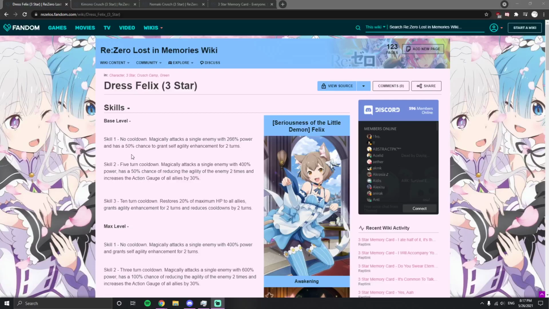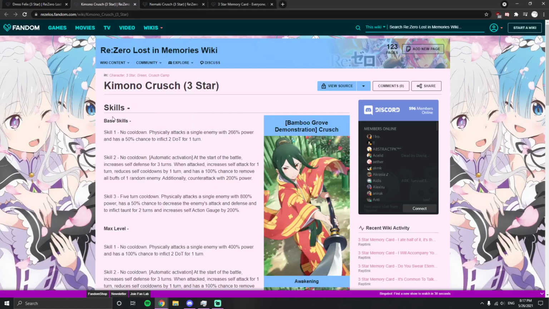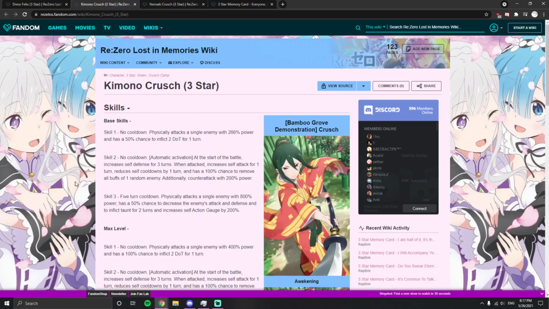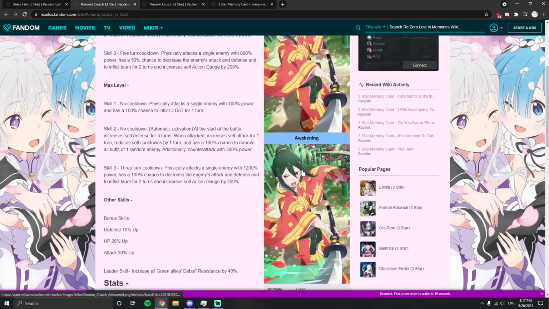Hey everyone, I'm gonna be doing the Should You Summon on the CRUSCH Camp banner. TLDR, nope. If anything, summon until you get one copy of this counter CRUSCH here. I think this is wrongly named. Either way, if you're gonna be summoning, probably just go for one copy of this counter CRUSCH, if